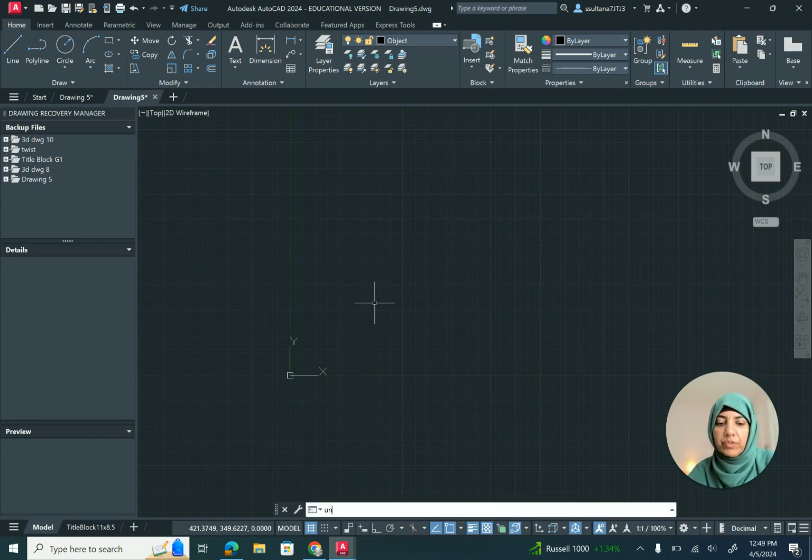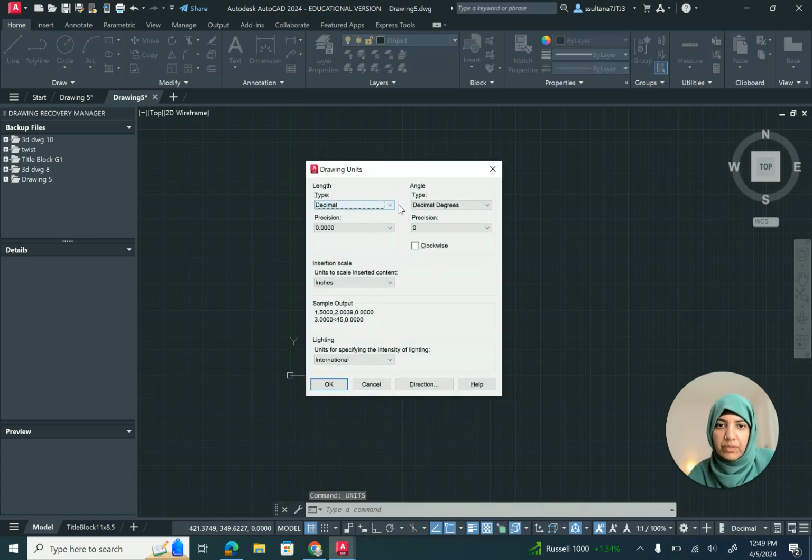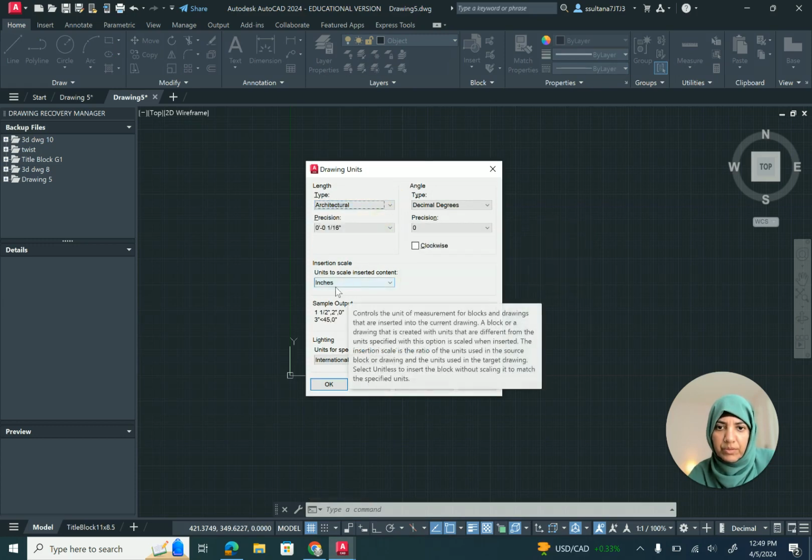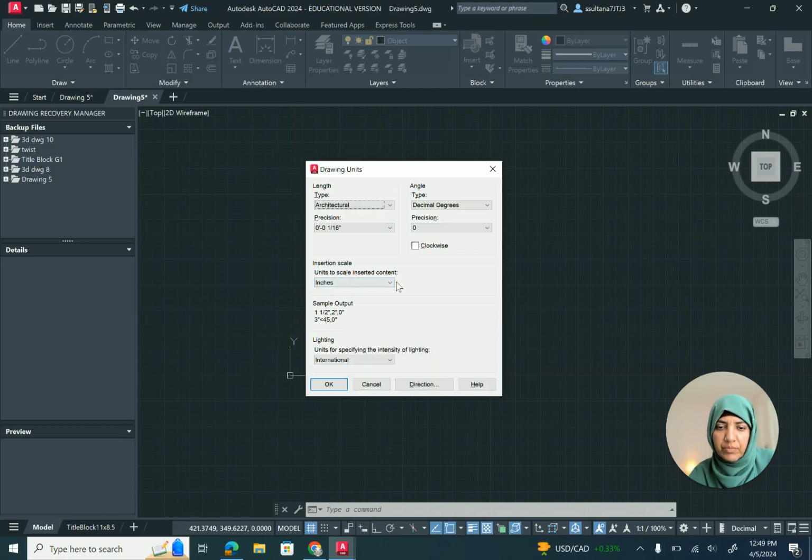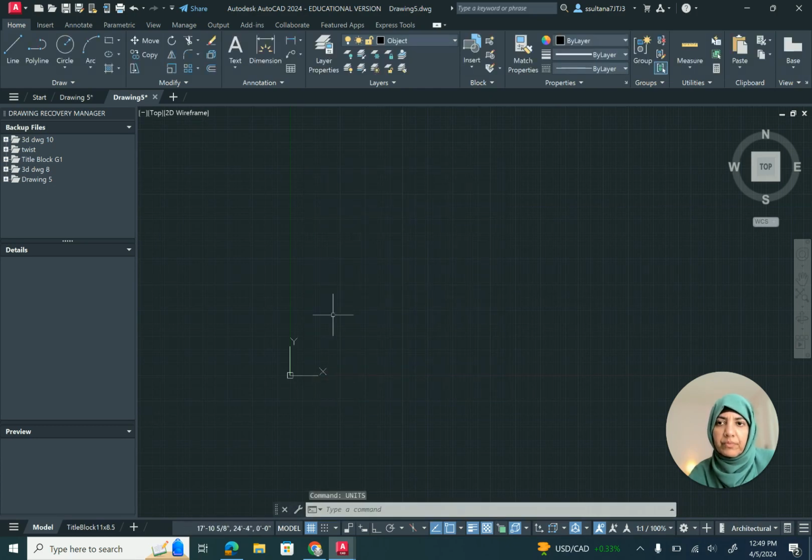So first type units, and under type change that to architectural. Under units to scale, inserted content type, you can select inches, and if you already have inches, just leave that alone. Click OK, and then type L for line,